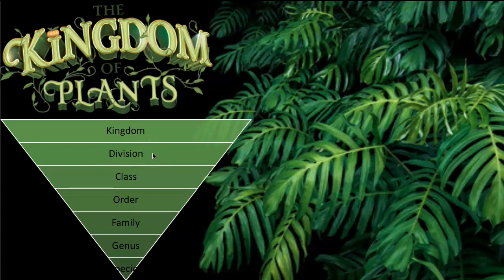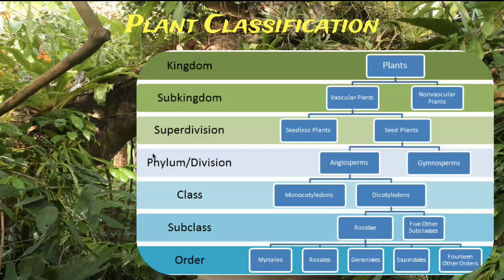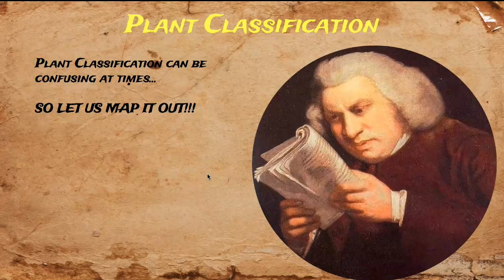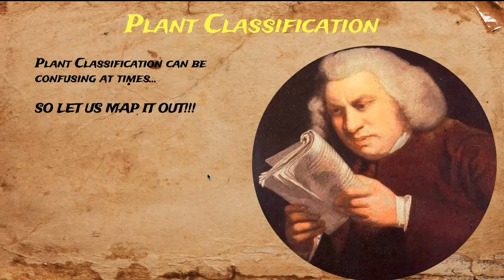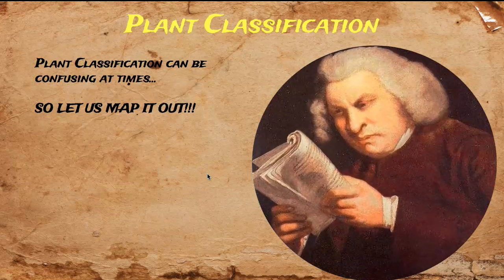And that's, again, one of the tricky parts about classifying plants. For whatever reason, botanists like to sometimes put them into divisions instead of phylums. It's the same thing, however, it's just called a division instead. And so, as you can see here in this chart, it can get pretty confusing because now we're not just going to be dealing with kingdoms, phylums, class, orders, and whatnot. We're going to be dealing with kingdoms, subkingdoms, superdivisions, and so it can kind of get confusing from time to time, which is why I want you guys to map it out.